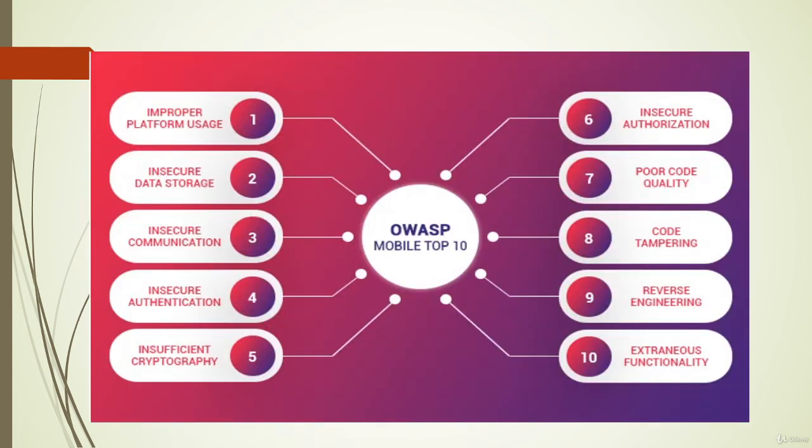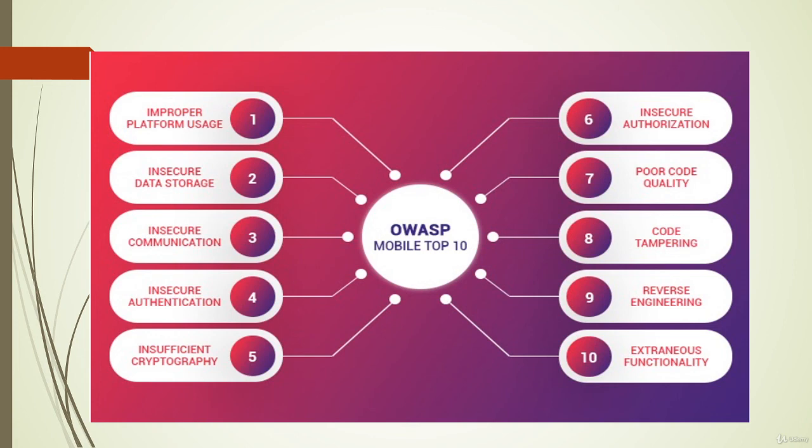Now you can see here the OWASP top 10 vulnerabilities, which every security professional refers to as a basic standard for assessment of mobile devices. So this is the OWASP Mobile Top 10. I believe this is from 2017, where various vulnerabilities are mentioned, like improper platform usage. Sensitive APKs or IPAs are not supposed to be installed on a rooted or jailbroken device. That is one example of improper platform usage.